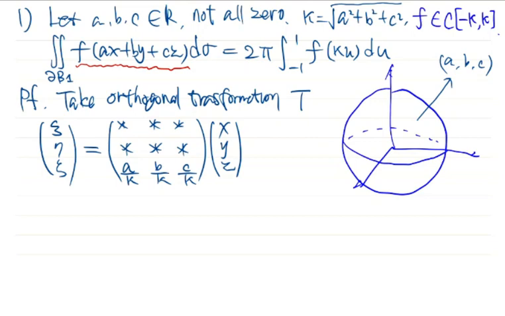Why do we need to divide by kappa here? Because every row vector of an orthogonal matrix has norm 1. So you need to normalize the vector (A, B, C) so that the resulting normalized vector can be a row vector of an orthogonal matrix. Okay. Then under this transformation, our integral is